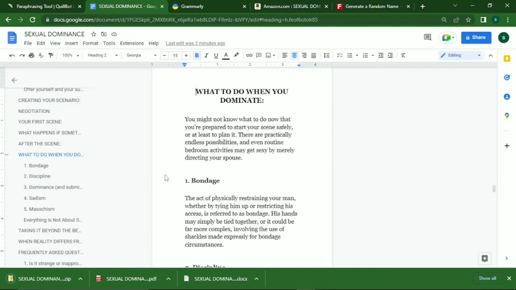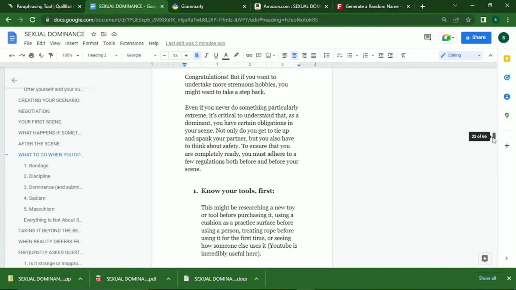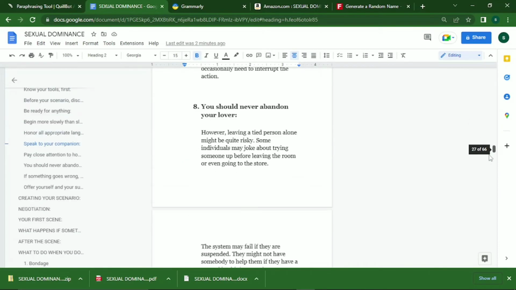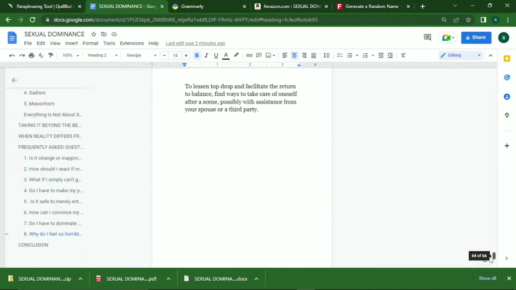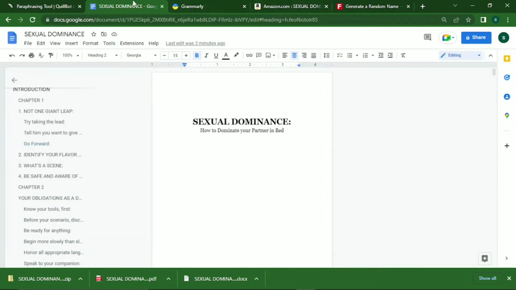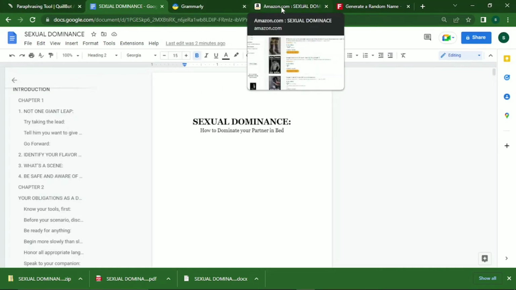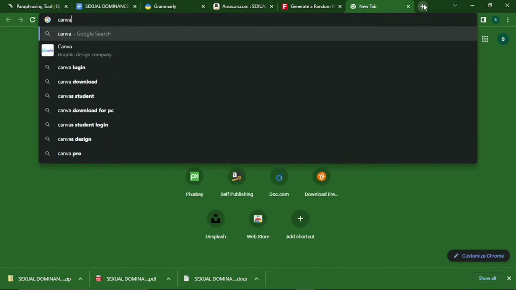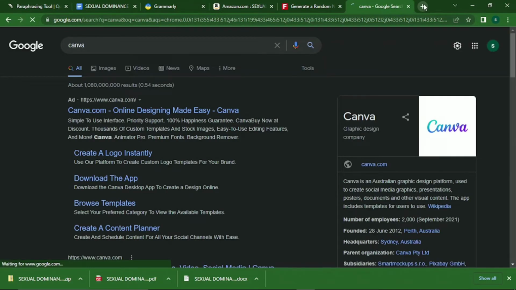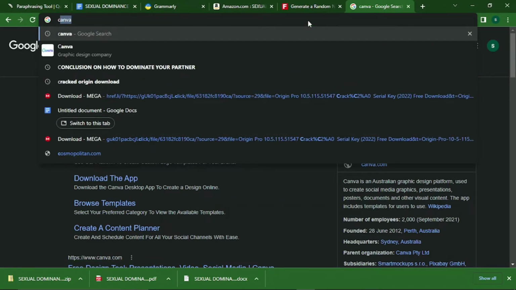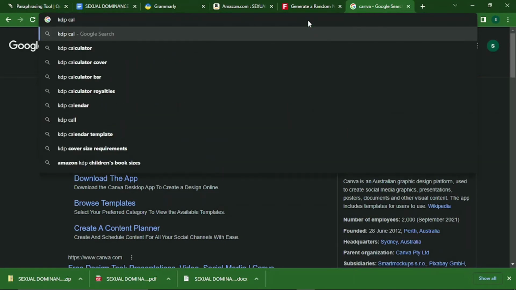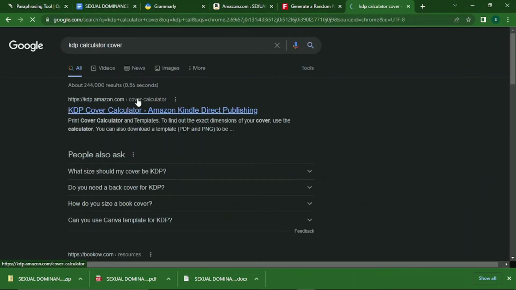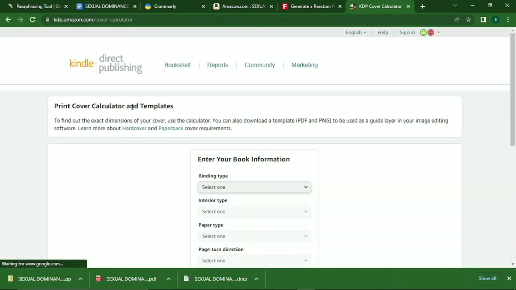Now once I've done that, I will have to go and create the cover for my book. So I would go to canva.com. Now for this kind of book, you need to create something that is attractive, something catchy, so that once anyone looks at it, it will get the attention of anyone that comes across the book. So what I would do here is first go to the KDP calculator just to see the size of